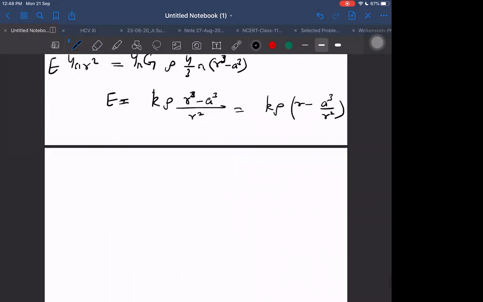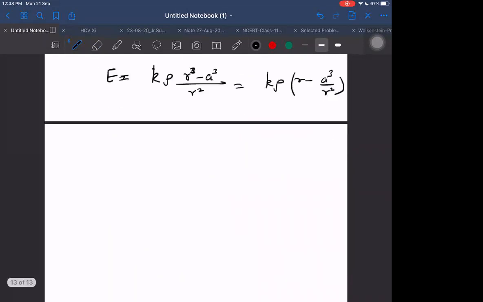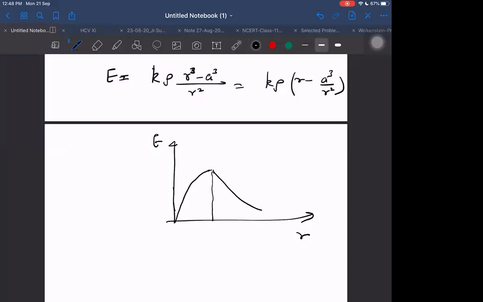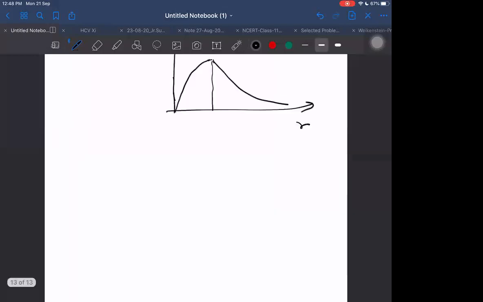Can you plot the graph from this? I think you can plot it from here now. But it is tricky because they ask this question. I have seen that they usually ask this question. They will give this type of diagram, and another diagram, which is this kind of diagram.